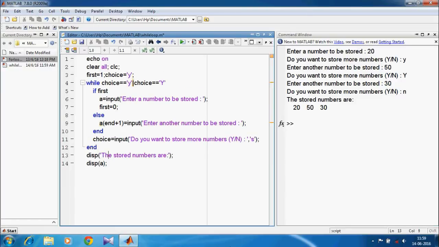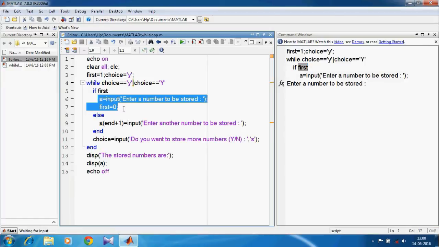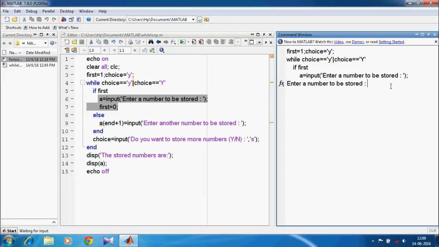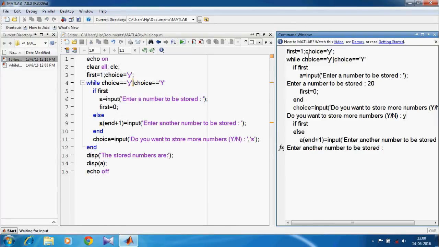Let's turn on echo to understand what happened. Since we had initialized choice with y, the while condition is true and it entered the loop. Again, since first is 1, this is also true, and this group of commands was executed. 20 was assigned to A. After that, this input command is executed, and since we entered Y, the while condition was true, the loop ran another pass.